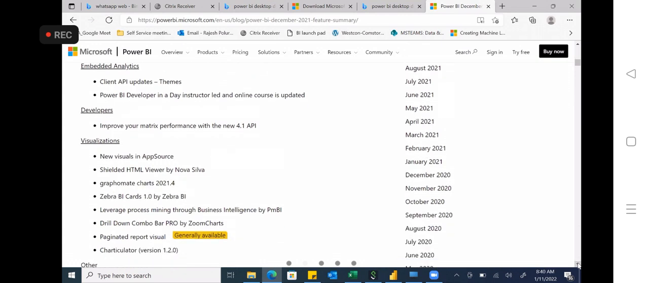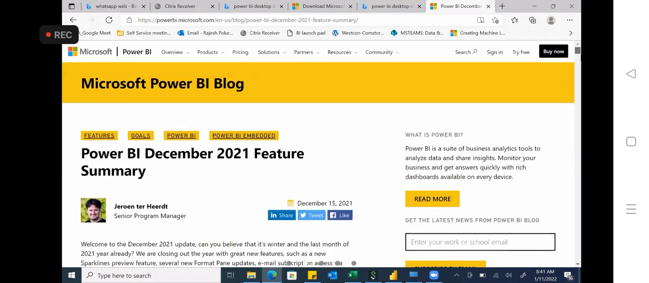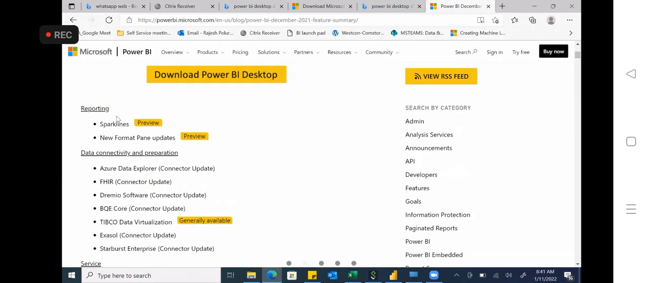What I mean to say is that every month they release new options. They release a new update, and in that update you can see all these options. For example, just simply I'm saying, okay, for example, this one, what is this